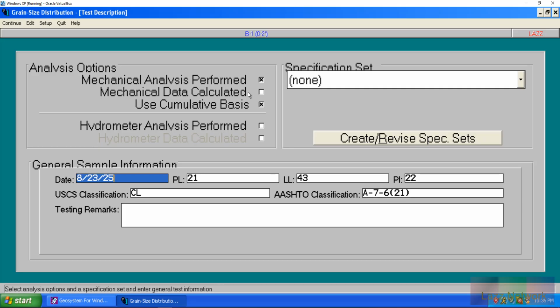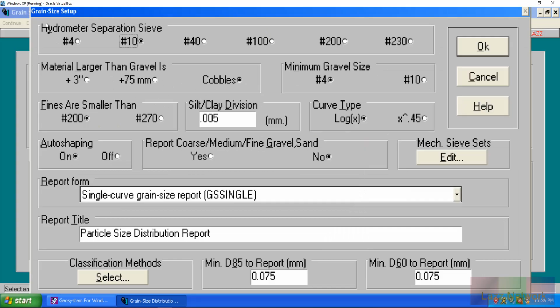Okay, so mechanical analysis performed, mechanical data calculated. That's a weird checkbox. Use cumulative basis. Yes, we do want cumulative basis, and I'll explain more of that as we go on. So, all right, so I think what we're going to do is